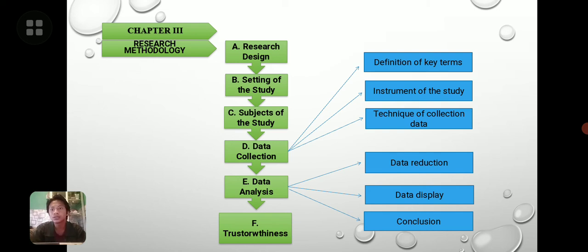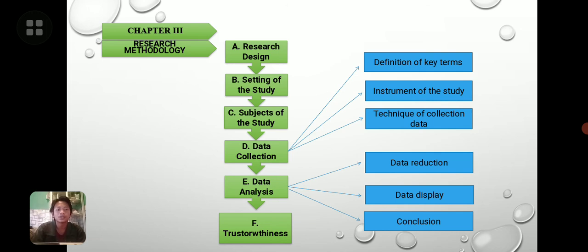The third is subject of the study. In this case, the subjects in this research are students of SMA 1 Masbagik. The researcher limits participants to the 11th grade of IPS in the academic year 2021/2022.